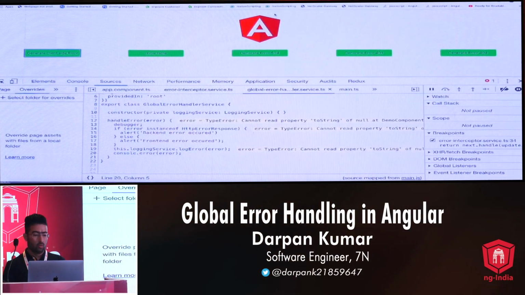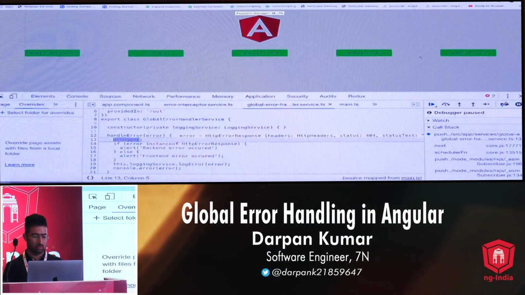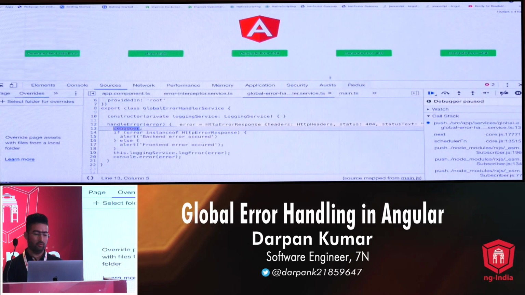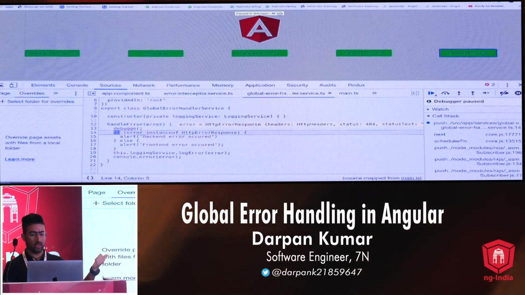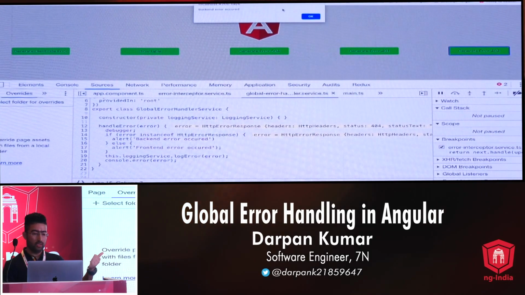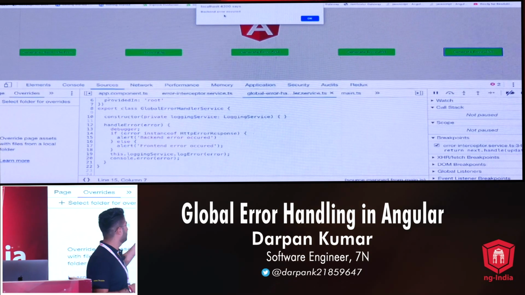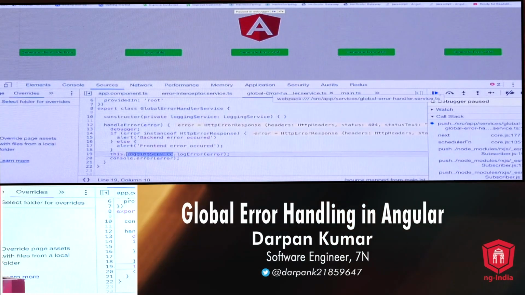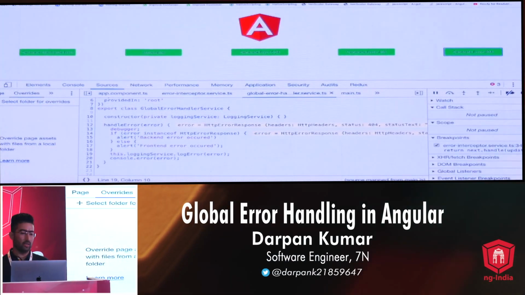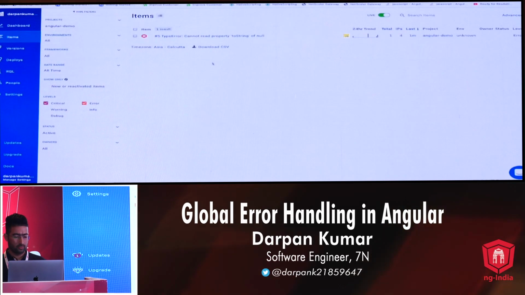Let's see what happens when a backend error occurs. Here, I'll just check, is it a backend error? Yes, it is a backend error. And then we'll tell the customer, a different kind of behavior we can show here, that a backend error occurred. And then we'll log it at the backend. Let's see whether we have loaded it or not.